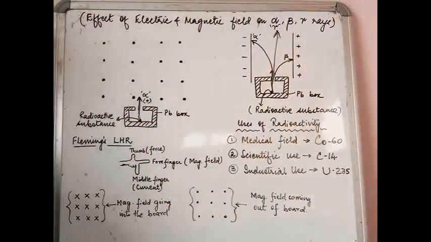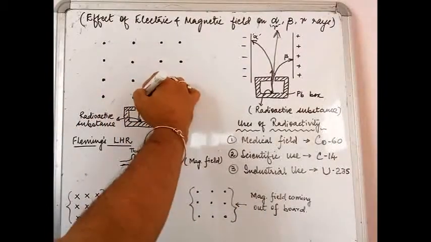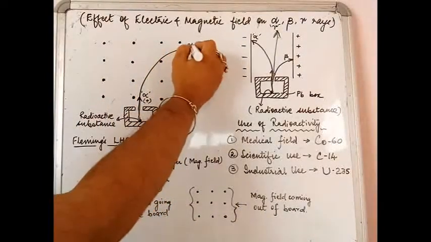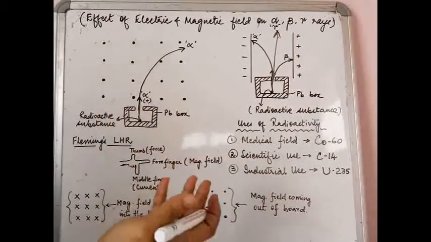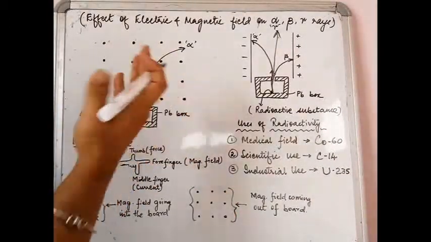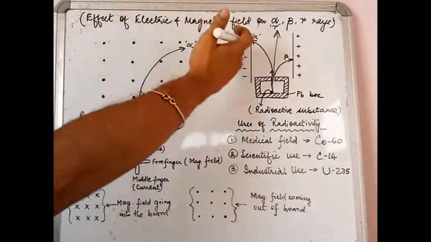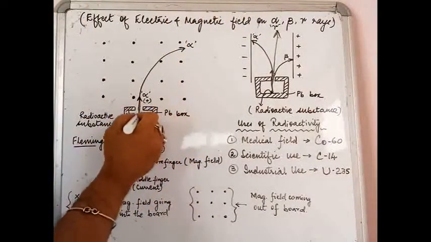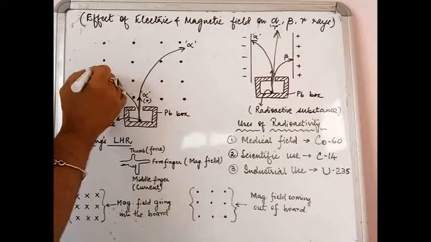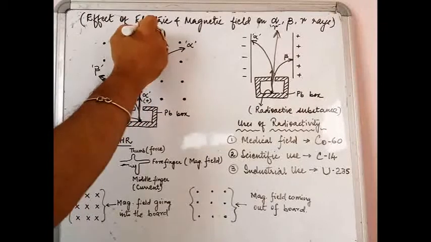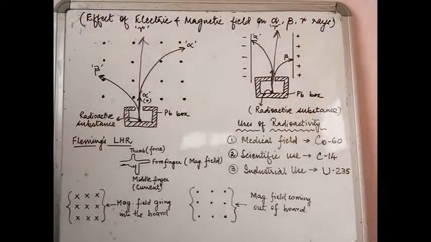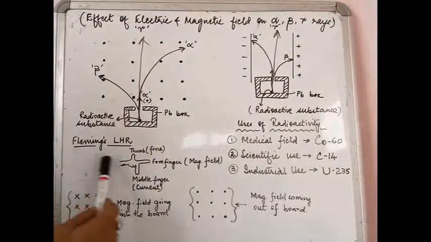So now I am going to draw this alpha particle. It's going to go like this. Now obviously you don't have to apply the same rule for beta also, because once you establish that alpha is turning in the right direction, it will obviously mean that beta is going to turn in the opposite direction. And for gamma, obviously there won't be any effect, because gamma is uncharged, highly energetic radiations. So I hope you have understood how to apply Fleming's left hand rule.